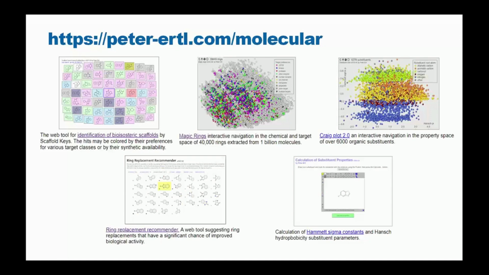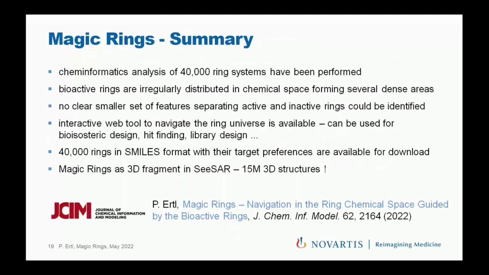So, with this, I am coming slowly to the end of my presentation. What I have shown you is the chemoinformatic analysis of 40,000 ring systems that have been extracted from 1 billion bioactive and synthetically available molecules. We have seen in this graphical distribution that bioactivity in the ring chemical space is not distributed regularly. We have several islands of bioactivity,